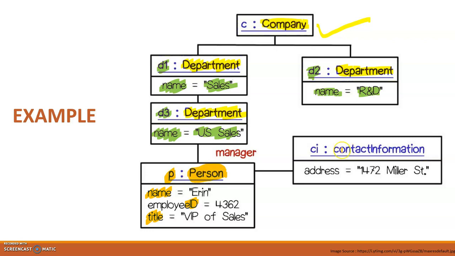Similarly, we have another class, contact information. But we know that in a single company, it might be possible that a single contact or multiple contacts may be there. Like if they have different branches, then contact information may be different. So CI is the object for the contact information, right? And in each contact information I'll have address, pin code, city, country, like that. So this is another object.